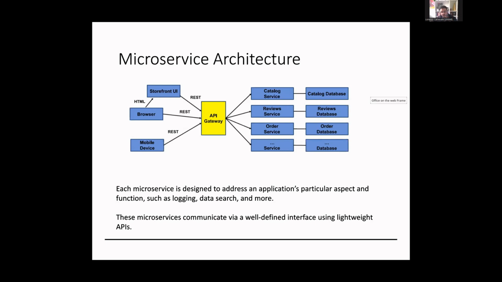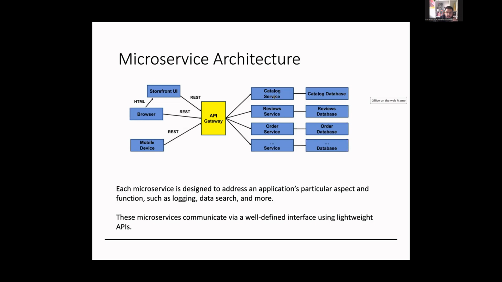So each microservice is designed to address one single application aspect, and has functions, logging, and data sets that are confined, bordered inside that specific application. Microservices are, of course, much more lightweight than a monolith, and they use APIs in order to be in touch